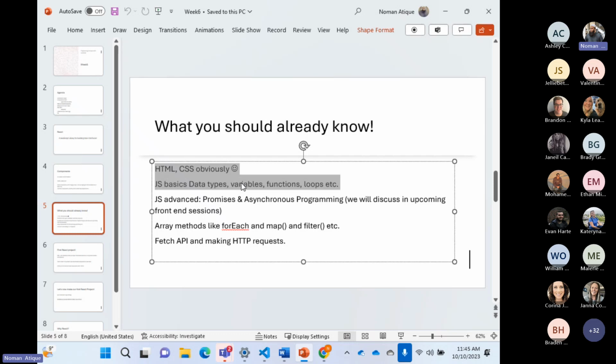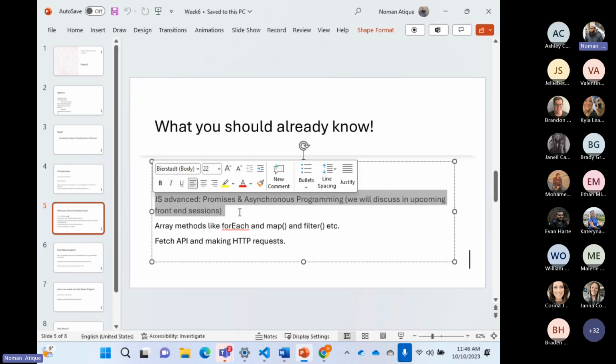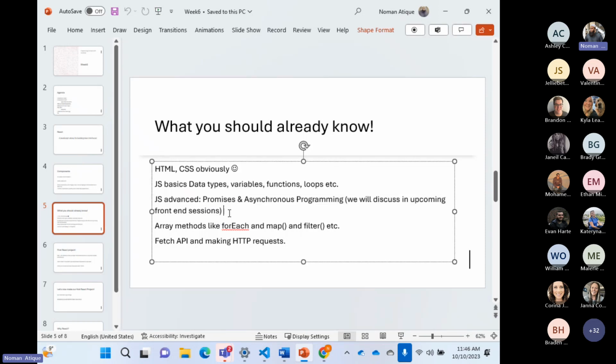Now, these are the few things that we have spent our time on. We have learned few things. Some advanced JavaScript, which is quite interesting. Advanced JavaScript is promises, asynchronous programming. We'll discuss in upcoming front end sessions. As we are learning in front end right now, DOM programming. I'll move on from that part. I'll move to promises, asynchronous. There also we are introduced to JavaScript programming and we'll be learning it. So we'll discuss that one. They would also be required for us to work on